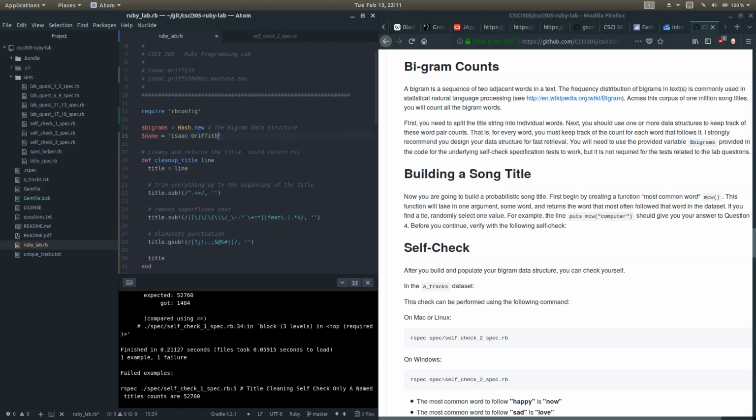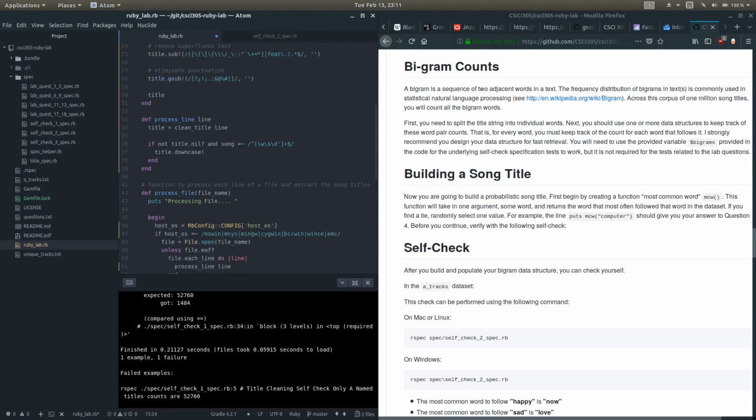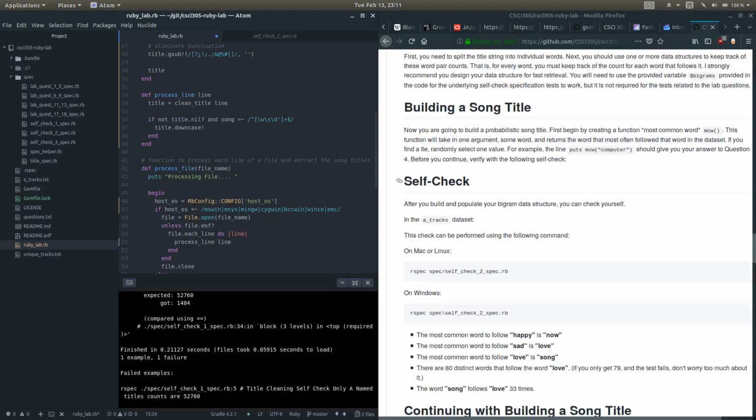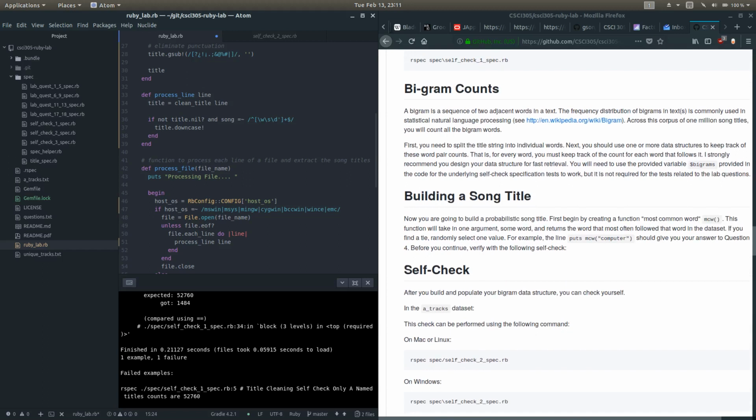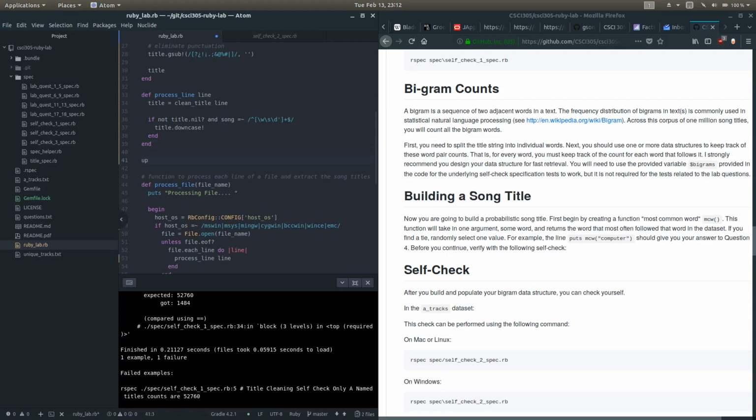Okay, so we go into this knowing that we need to create these bigrams, right? So we know that we have to do this, so I'm going to create a new method. I'll call it update bigrams. Or just update counts. Let's call it counts. And so this takes in basically an array of the line, right? So we'll just call this line